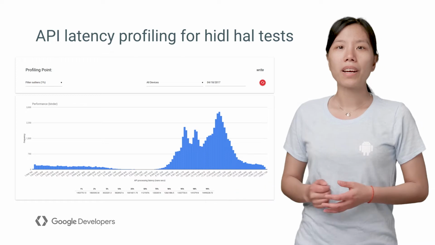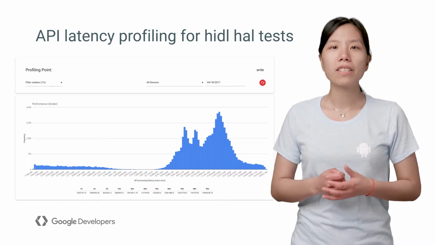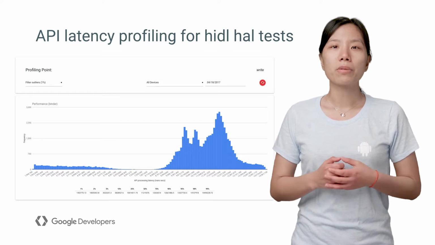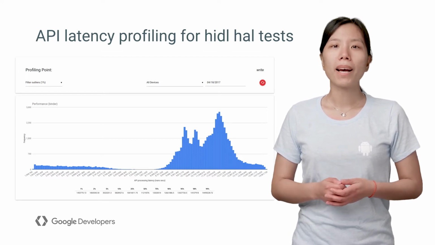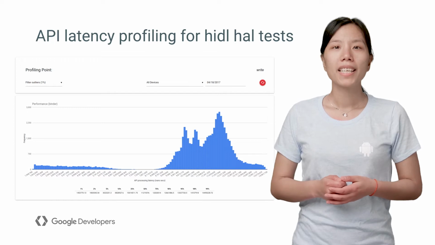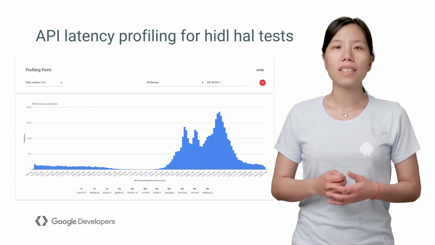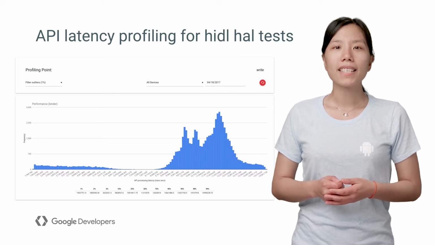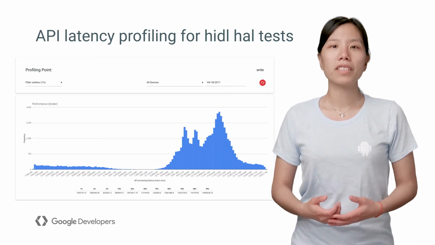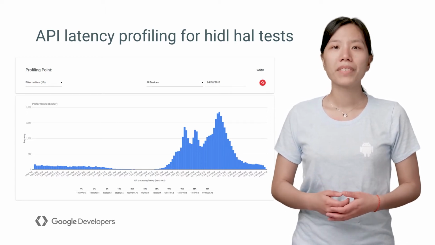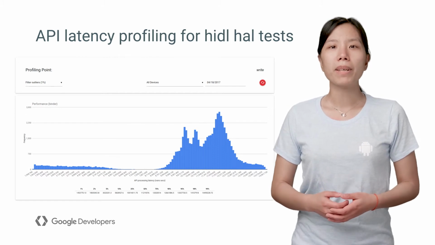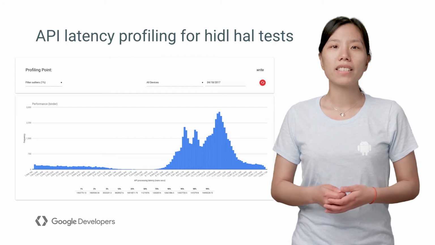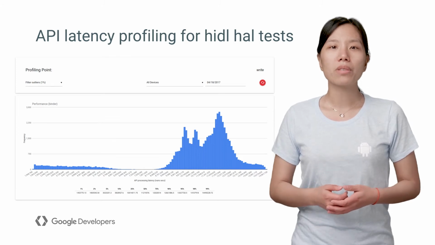And here is the graph I got from the VTS dashboard, which shows the latency distribution of the write API provided by the NFC HAL. The x-axis shows the API latency in nanoseconds, and the y-axis shows the frequency of different latencies recorded. It also displays information such as the average of the latencies and the range it spans, which helps us to further